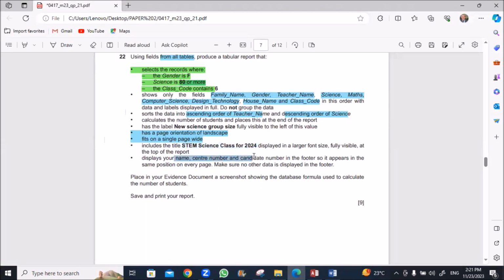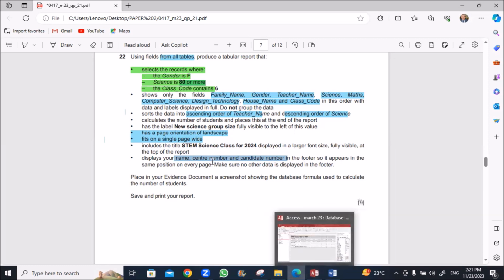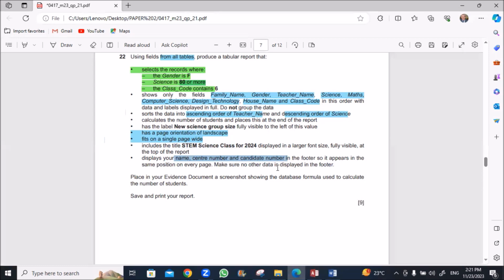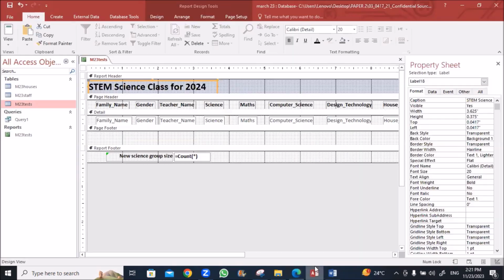Display your name, center number, count number in the footer, so it appears in the same position on every page. So we'll write this data in the page footer. Make sure no other data is displayed in this footer. We just